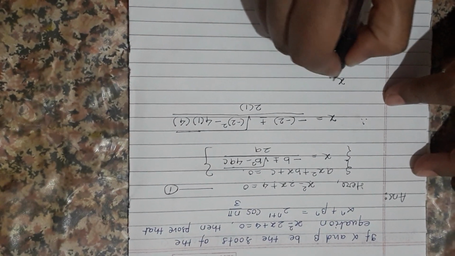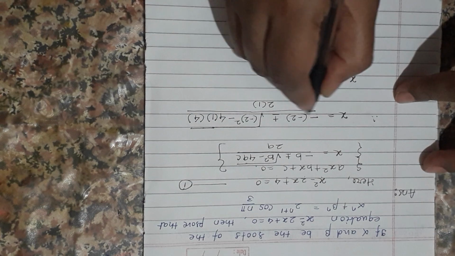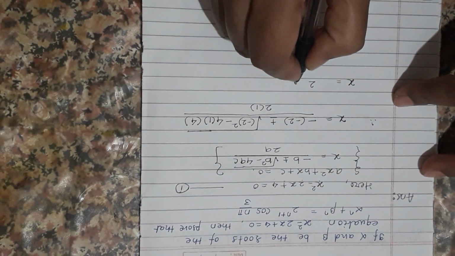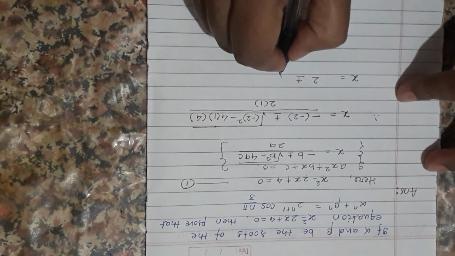Now we simplify that equation. Here minus minus becomes a plus, so plus 2 plus minus under root of